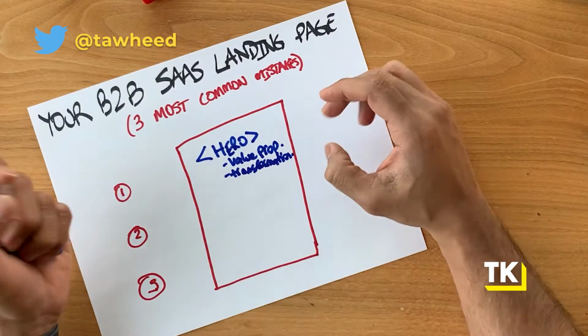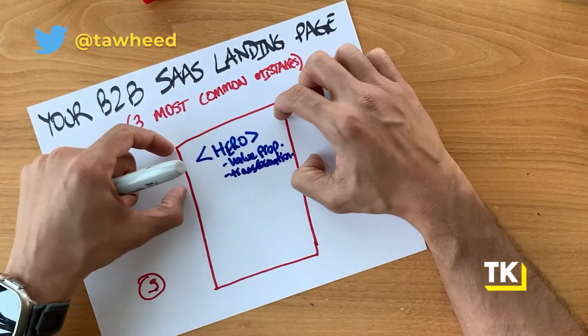If you don't do some work to actually figure that out at a deeper level, chances are you're going to put something very cryptic. You're going to use words like revolutionize, or you're going to say the old way of doing this is this and the new way is this, which is way too explicit in terms of explaining what you actually do. You need to have a very direct way of communicating what your value proposition is, and that goes in the top big text on any landing page, any homepage for a SaaS business.